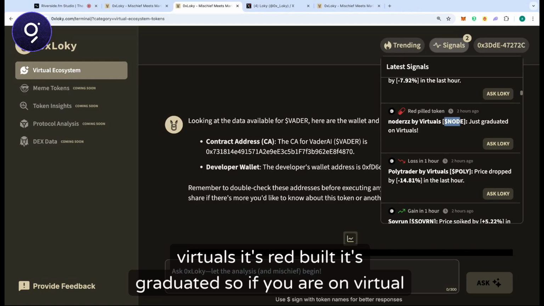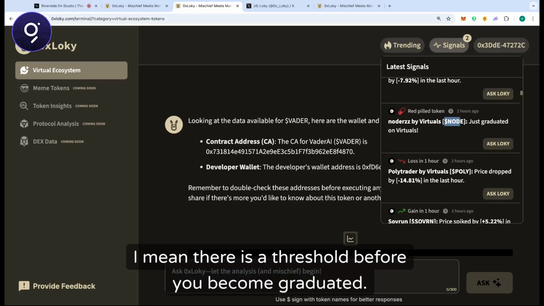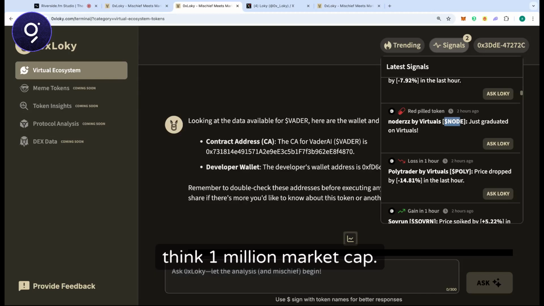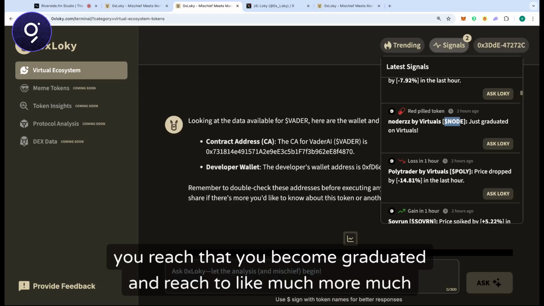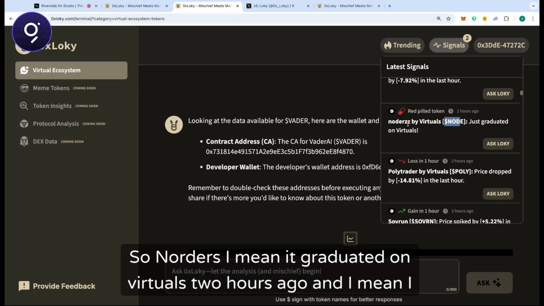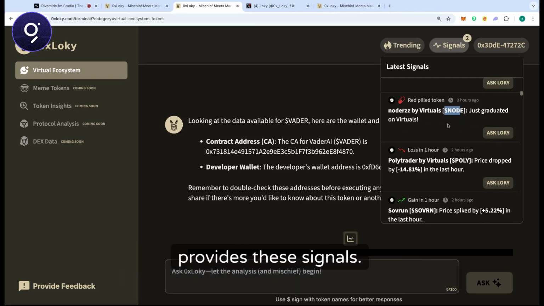So if you are on the Virtuals ecosystem, there is a threshold before you become graduated. You launch your agent, but then there's a threshold of currently, I think, 1 million market cap. If you reach that, you become graduated and reach a much bigger audience. So Nodders graduated on Virtuals 2 hours ago, and I think we are the only platform that provides these